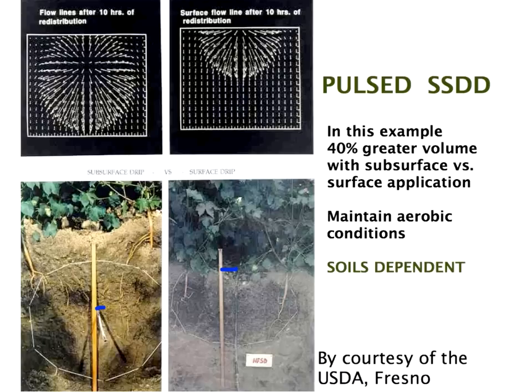And both of them were pulsed. They were not given continuous flow. They were given a short pulse, and then allowed to rest, and then a short pulse, and allowed to rest. And here we get flow distribution lines here and here. And as you can see, this volume is about 40% larger than this volume.